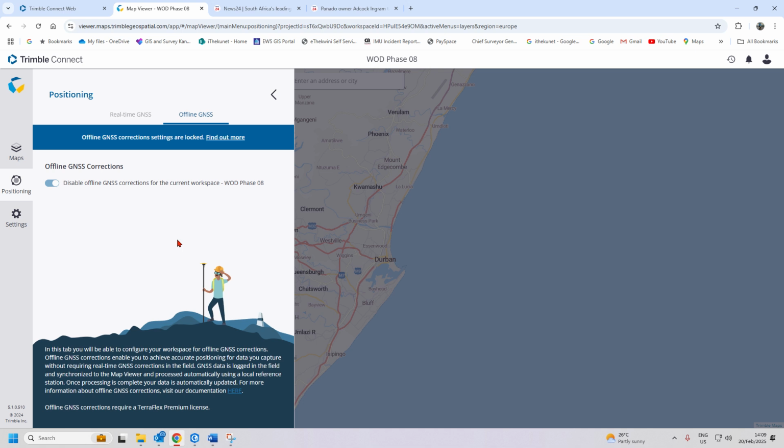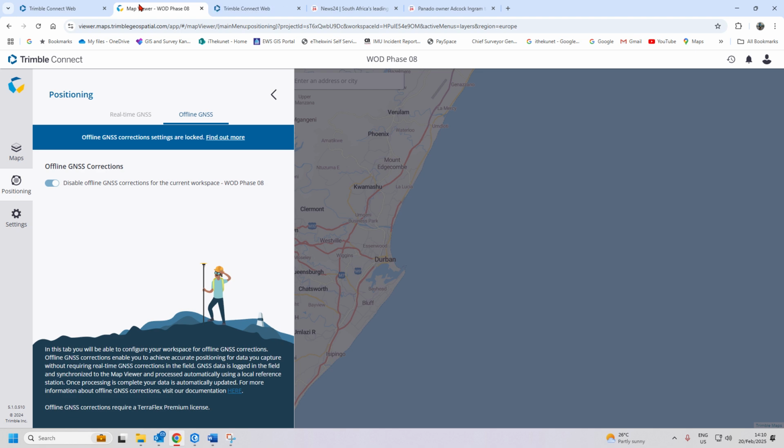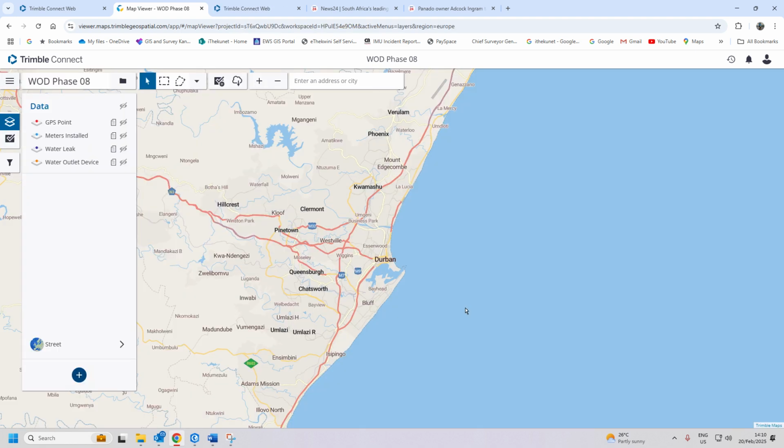So the theme that you should get by now is that a lot of these settings cannot be changed if you publish from ArcPro. Okay, that's really all we could do here now. What we are going to do now is go back to Trimble Connect